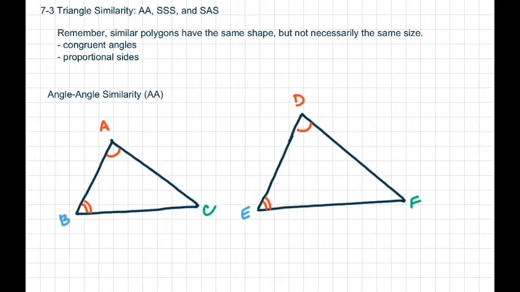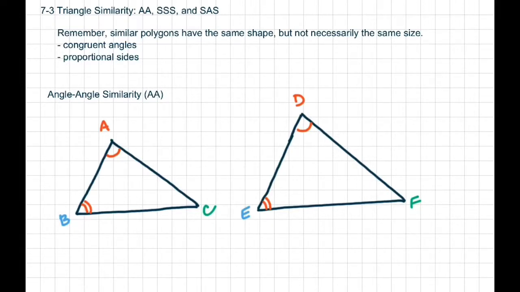When we are looking at the different types of similarity, you'll see angle-angle, side-side-side, and side-angle-side. If you remember, these are the same terms we learned before when we were talking about congruence, but this time we're not talking about the triangles being the same, but being similar to each other. There may be some questions where they ask, how are the triangles similar? You want to be able to tell how they're similar, and it's a lot like the triangle congruence things